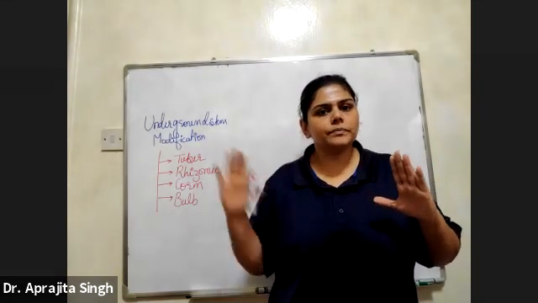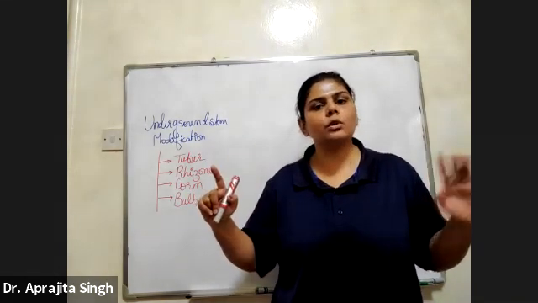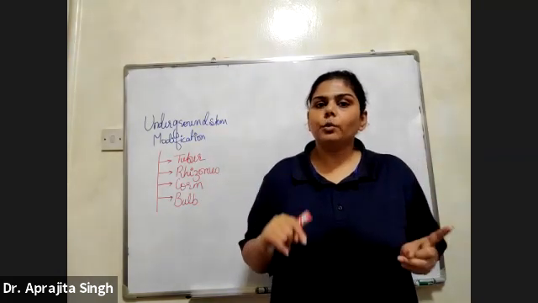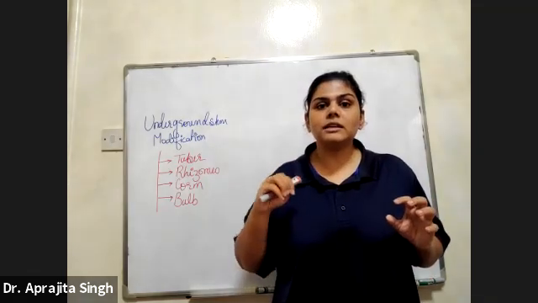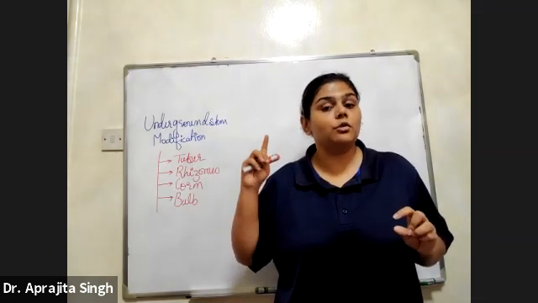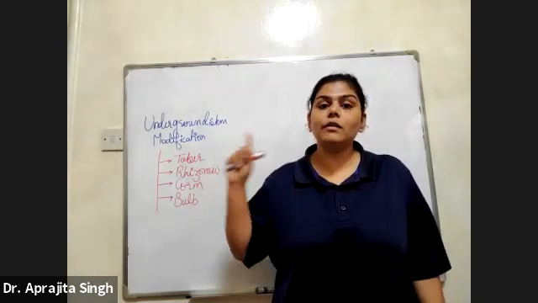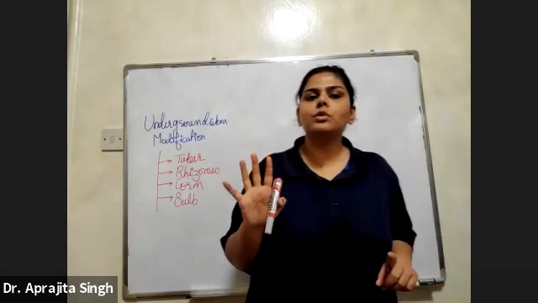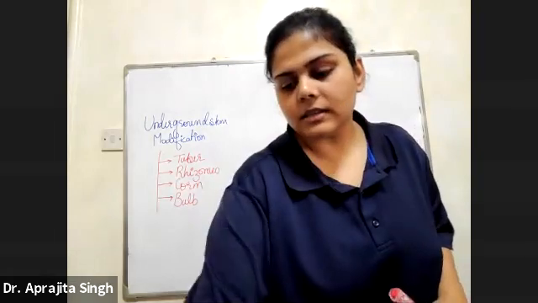Potato is not a root, potato is a stem. Carrot is a root, carrot is not a stem. Why? Because in potato you will see the buds, the nodes, and the internodes. But in carrot you have seen the root hairs. So that is the feature of a root. That's why it's a root. But in the potato, you will never see the root. Plain and simple potato like this.